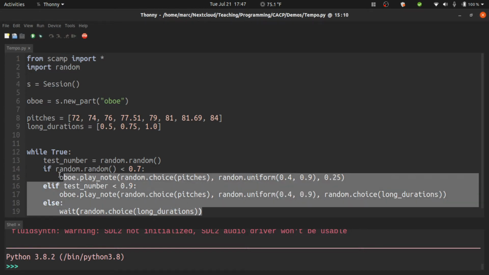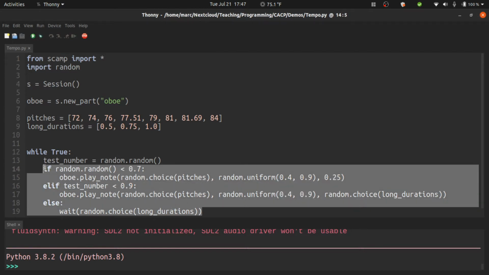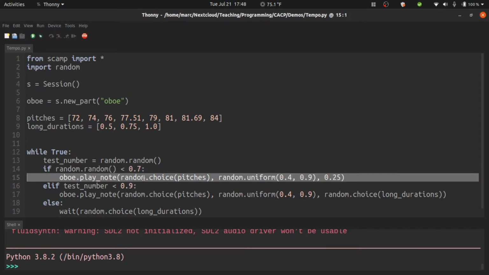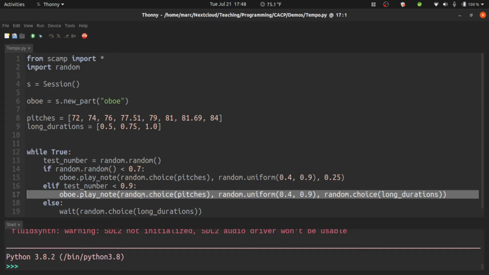If you've never seen it before, this kind of method might look a little unfamiliar. What we're doing is we're generating a test number between 0 and 1. If that number is less than 0.7, which is going to happen 70% of the time, then we play a short note with a random pitch and random volume. If it's not less than 0.7, then it's somewhere between 0.7 and 1.0. And so when we're testing whether it's less than 0.9, that corresponds to a 20% chance. So 70% chance that we run this code, 20% chance that we run this code. And the remaining 10% of the time that we get a number between 0.9 and 1, we'll run this code